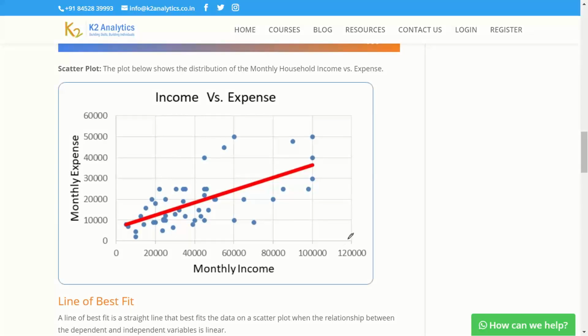The x-axis is in this direction where I'm putting a small arrow mark, and the y-axis is in this direction. The dependent variable, when you are making a scatter plot, you should always have on the y-axis, and the independent variable you should always have on the x-axis.